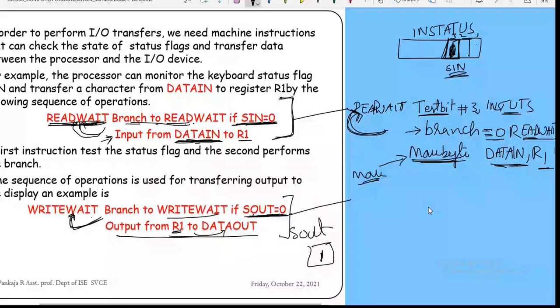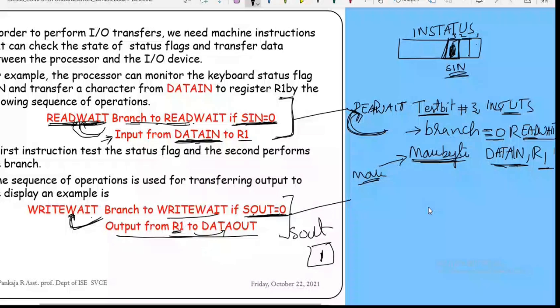Then branch equal to 0, go to write wait. Okay, that means this one. Right. And we're going to move byte from register R1 to data out. Okay, so this also works in the same manner.